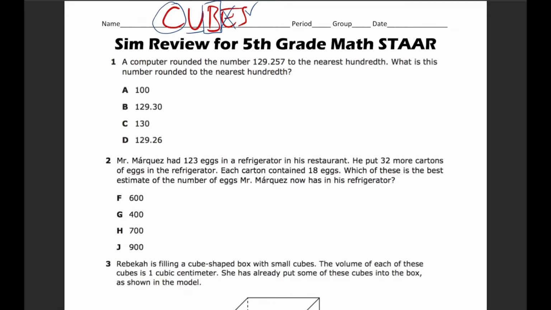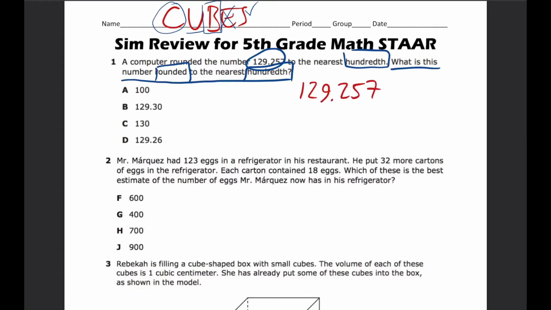So that is CUBES. Question number 1: a computer rounded the number 129 and 257 thousandths to the nearest hundredth. What is this number rounded to the nearest hundredth? So I have some good information here. I'm going to rewrite my number, 129 and 257 thousandths. Rounding to the nearest hundredth, so I'm going to underline my hundredths place, circle the judge